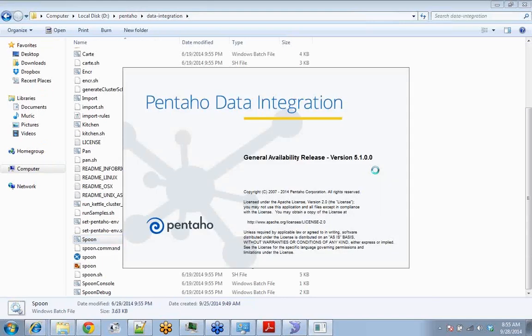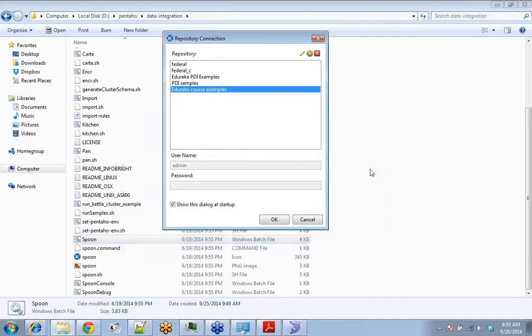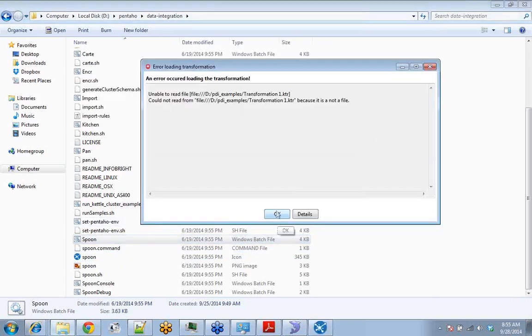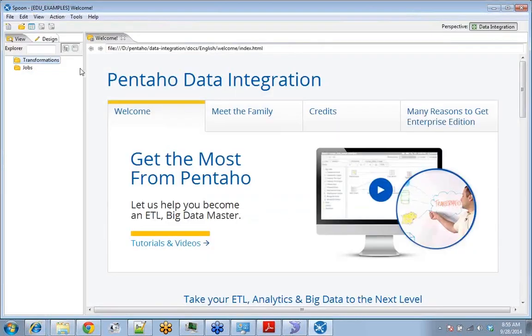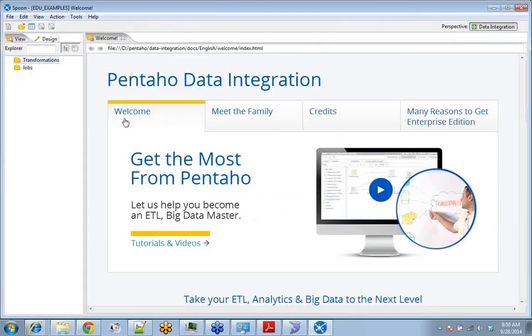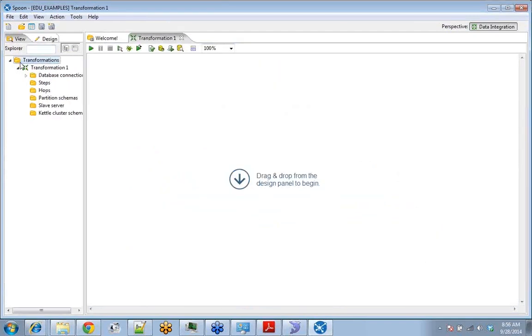So first thing, it will load the libraries, then it will ask for repository, and okay, so this is already selected. And now it is saying that in the previous session we had opened transformation 1, but we didn't save it. Now it is saying unable to read. So that is fine, we can ignore. And here we are. Now let's create an empty transformation and let's go to view,